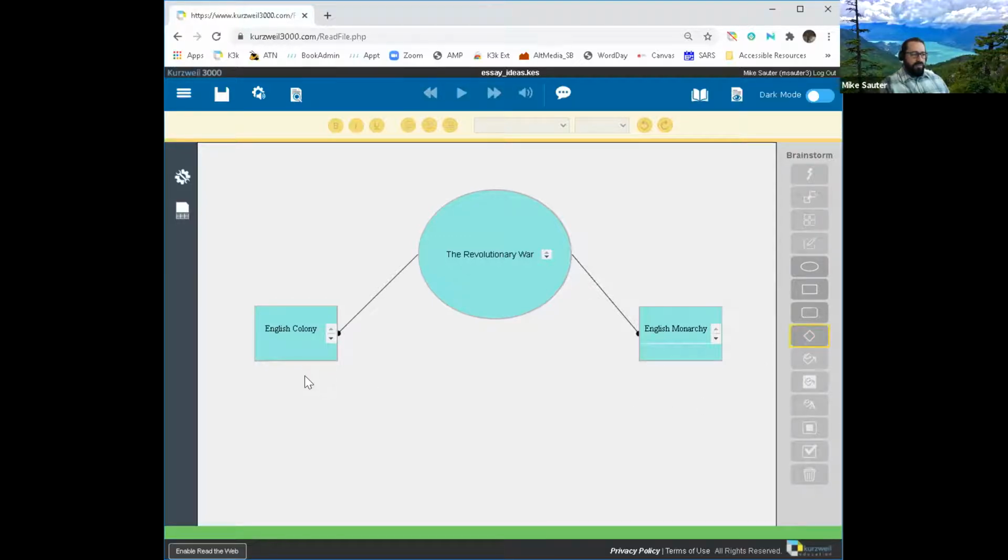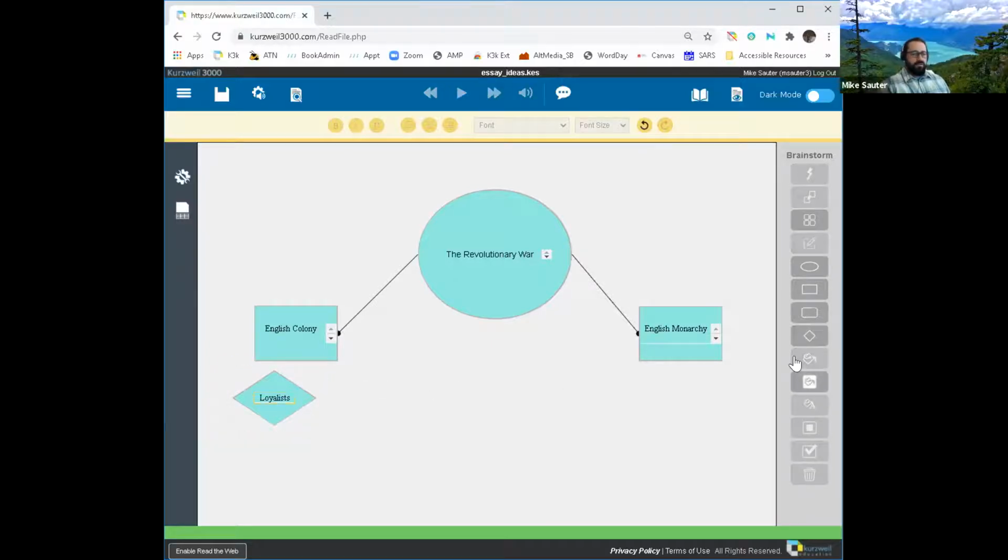And so if I'm over here under the English colonies, I can just click in that area, and notice I can move it around anywhere that I want. Now, English colonies, what I want to put here are just a couple of ideas that I have about the English colonies. One idea is I know that I have loyalists.